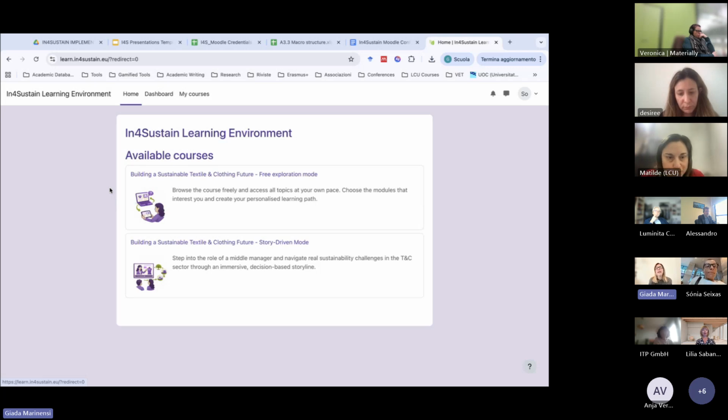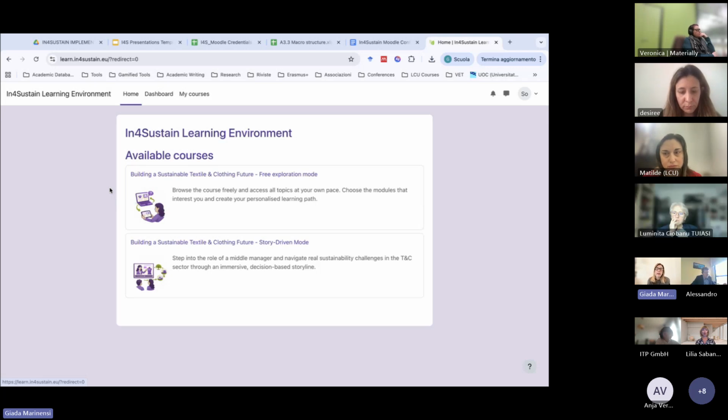In the free exploration mode, students can access the content in any order and explore each topic at their own pace. So this is the best fruition mode for students that already have some level of knowledge about the subject and specifically want to improve their knowledge on some of the topics that we created.